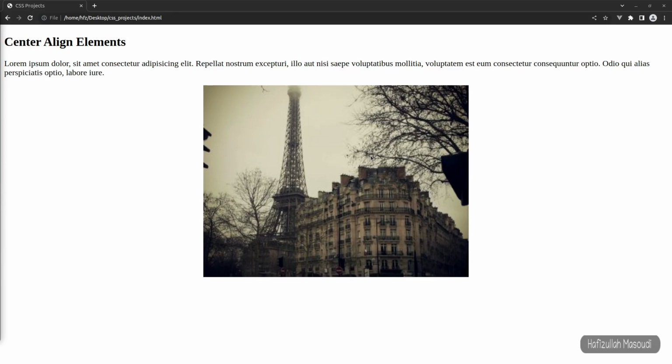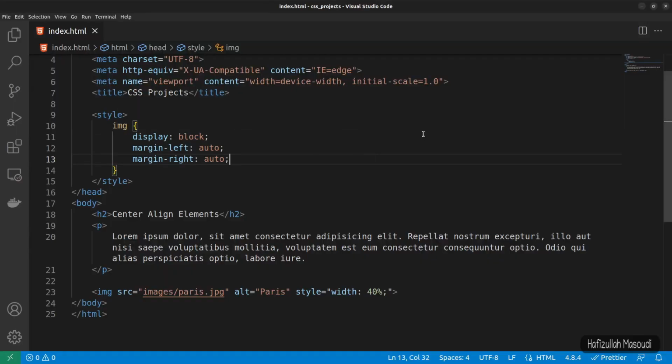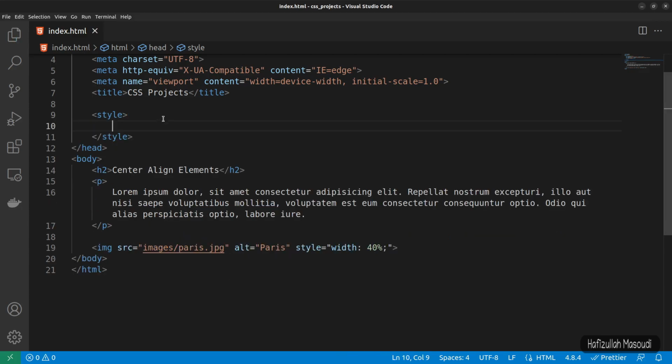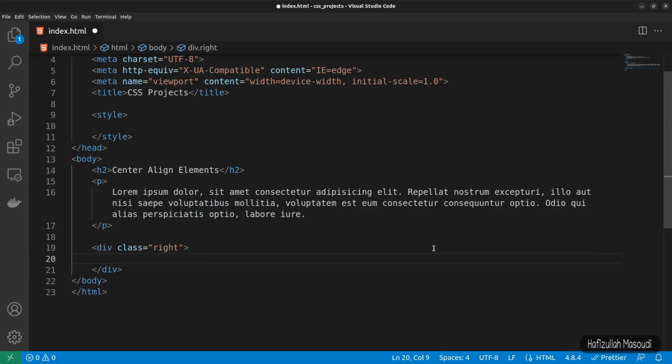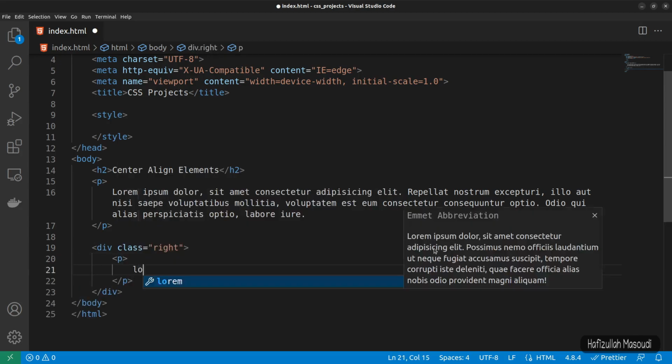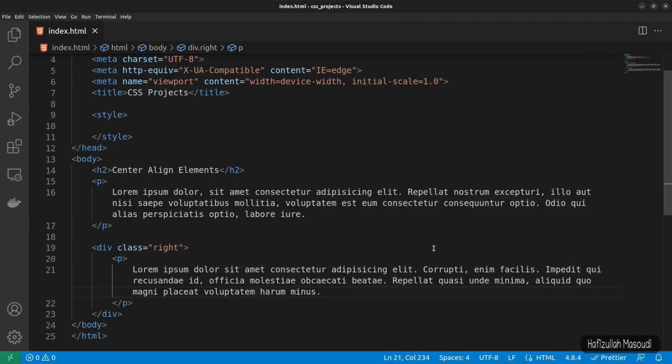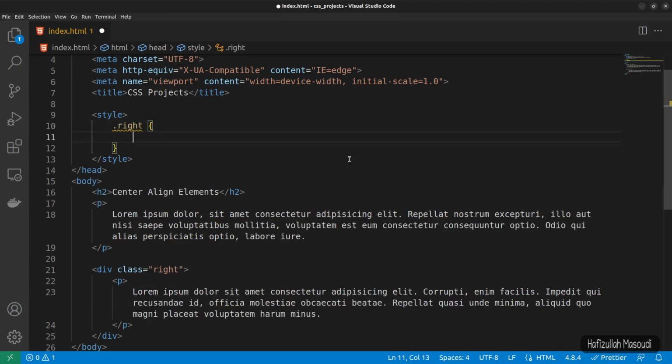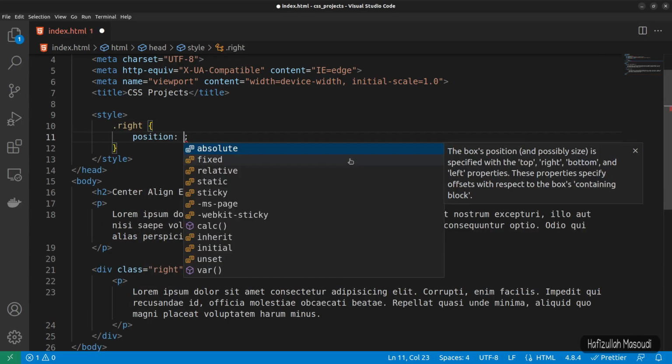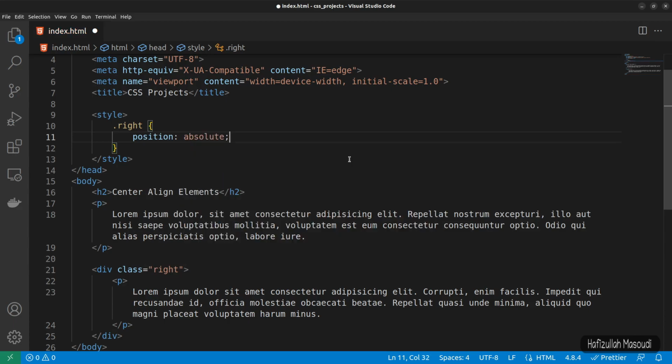To show you some examples, let's get back to Visual Studio Code. So first of all I will remove this image styling from here. Let's also remove the image from here, and let's create a div with a class of right, and let's put a paragraph here and some lorem ipsum. Now let's target this right class. So in here let's say dot right and curly braces, and now we can position this element absolute, and we